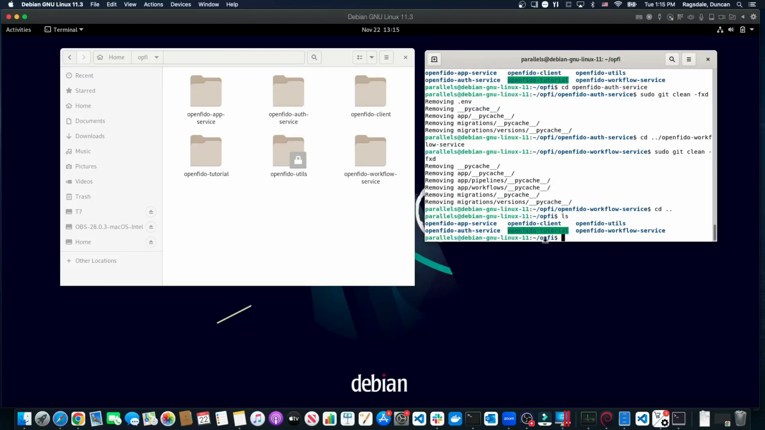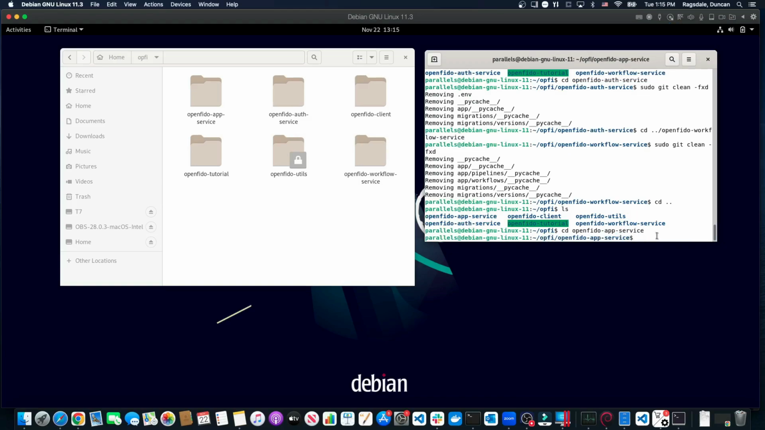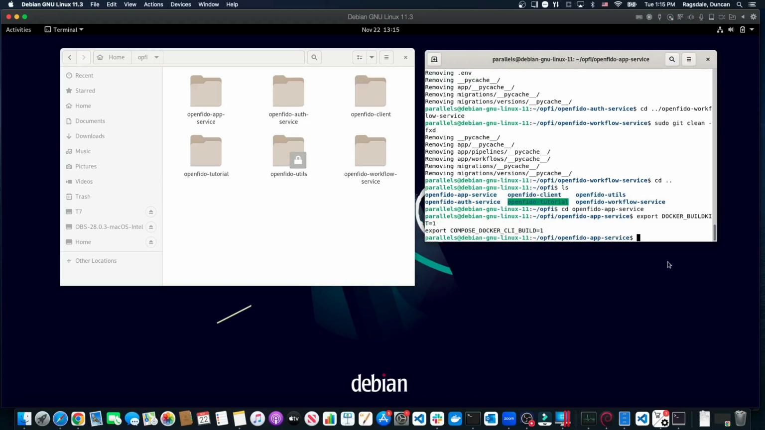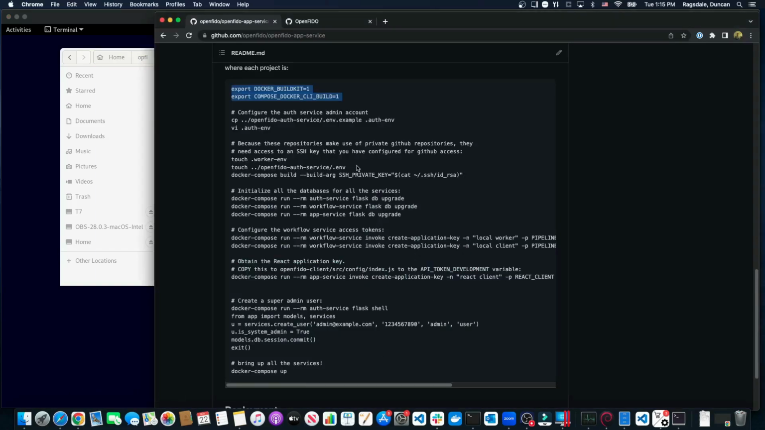In order to run, we're going to want to be running from within our OpenFIDO app service repository. Keep in mind that these steps will differ quite a lot once we do a demo of the CLI version in a separate video. So we run each of our exports and get that set up. Then the next thing we're going to want to do